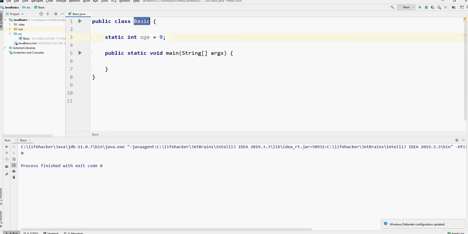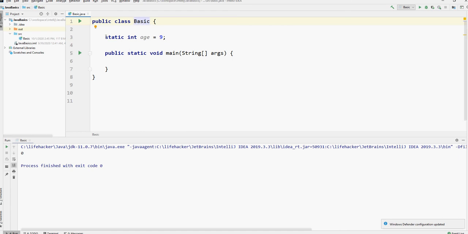When this class gets loaded into the runtime of Java, this variable gets initialized. And this does not belong to an object of this type. It belongs to the Basic class. We'll talk more about classes and objects in a future tutorial.